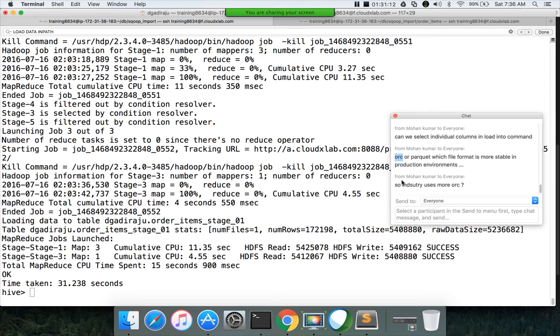Avro is not a columnar format. If you want to use a columnar format in Cloudera, it is probably better to go with Parquet because ORC is supported by its competitor. Cloudera might be reluctant to support this, and might push you towards Parquet. So there will be this kind of politics also which you need to understand before making the final call.